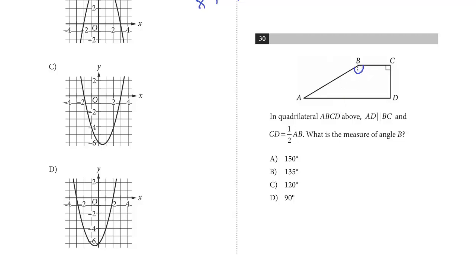And so here we can split it up and make this a rectangle and a triangle, and we're trying to find this angle here, and we're given that AD is parallel to BC, so these are parallel. So this is 90 and these are parallel lines, right? This is 90, these are all 90s right here. So we already have 90. We just have to figure out this angle here from this triangle and add it to 90, and that's the